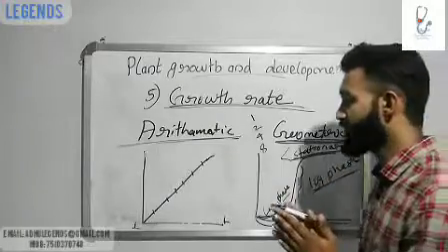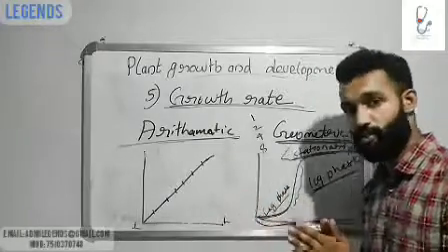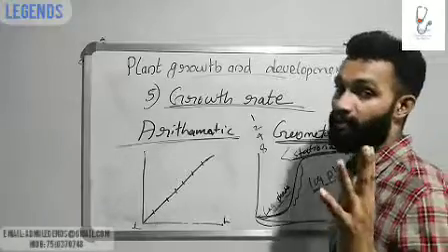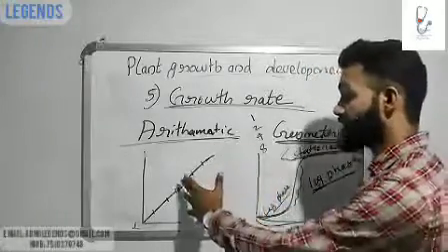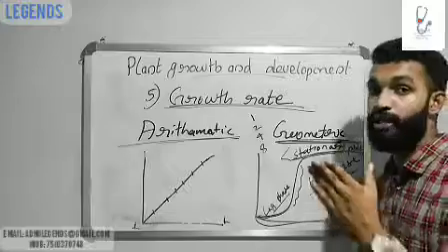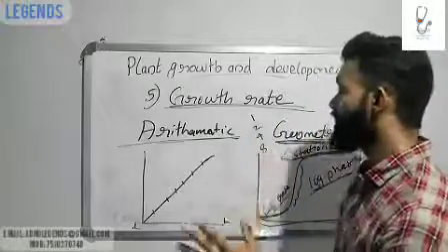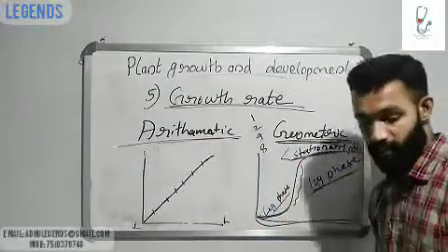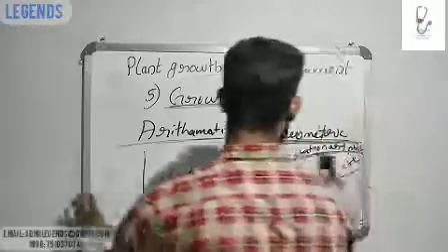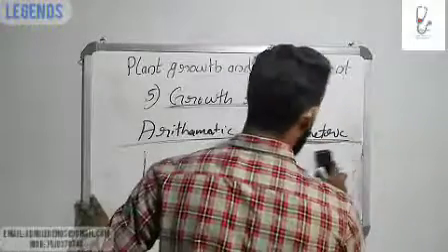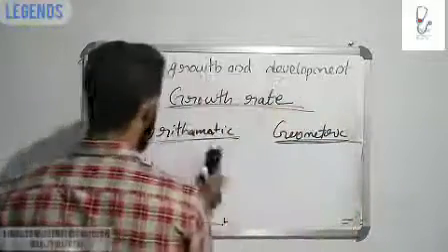In every division we get two new cells, and one cell has the capacity for division, and the other cell gets the capacity for cell differentiation. This is the geometric and arithmetic growth rates. And here also there is one equation for this geometric